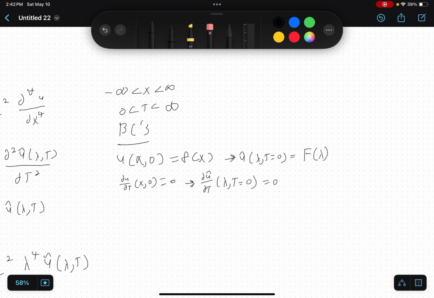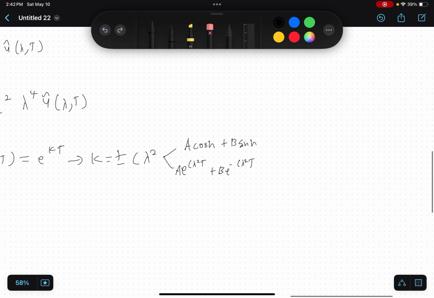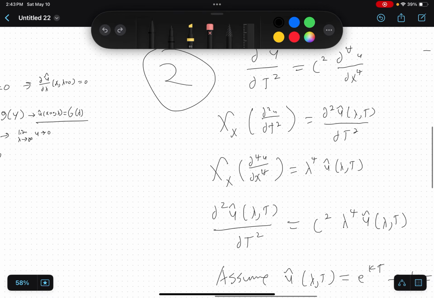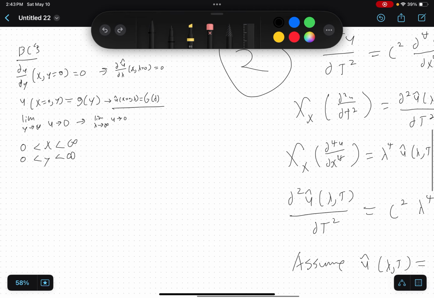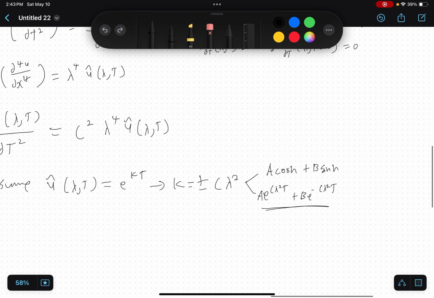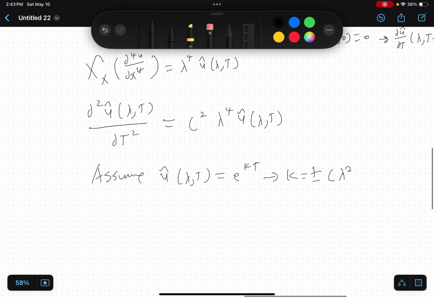Since we have this boundary condition where we set it equal to 0, I'm going to say we should go with this way. Alternatively, if we had the limit, like we did over here, I would say we should go that way. But okay. So we end up with u